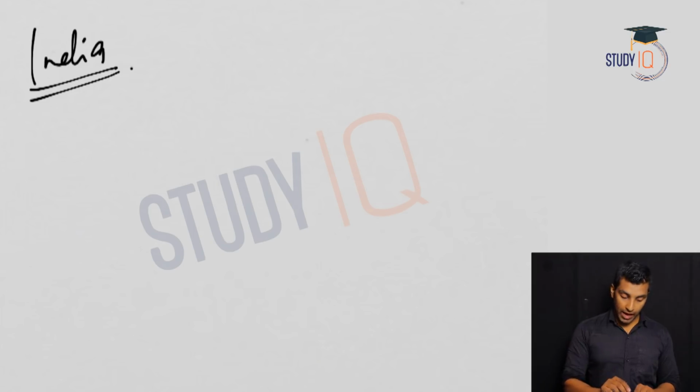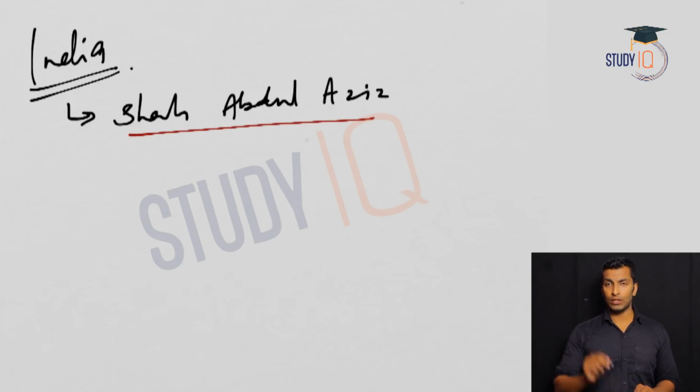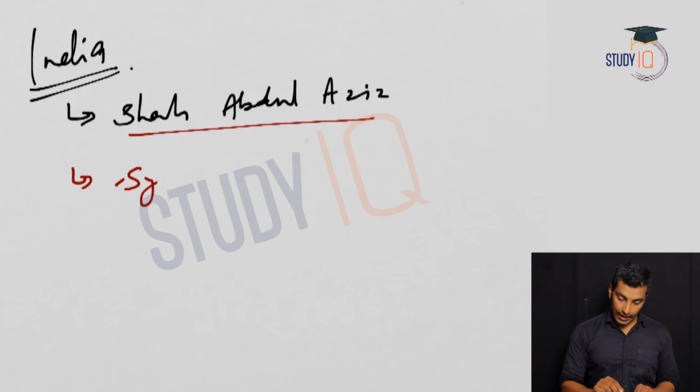Now, when we discuss India, the person who was influenced by Wahhab ibn Arabi was Shah Abdul Aziz. He was actually the son of a famous Sufi saint, Shah Waliullah. So when we discuss the Young Bengal movement, Henry Vivian Derozio was influenced by the founder of the Young Italy movement, Mazzini. In the same way, these people, Shah Abdul Aziz and Said Ahmad